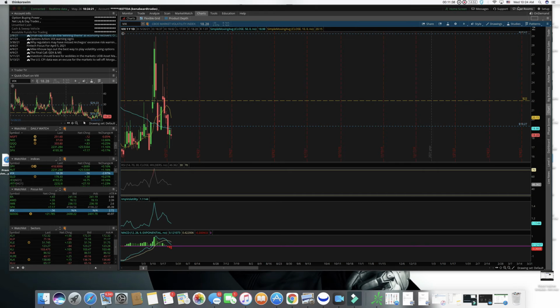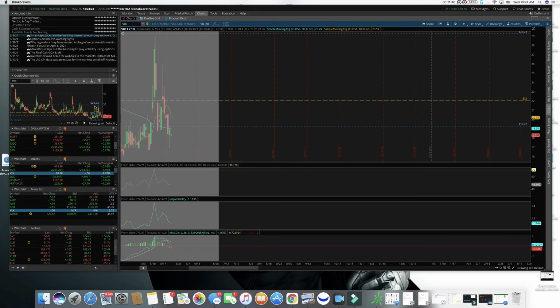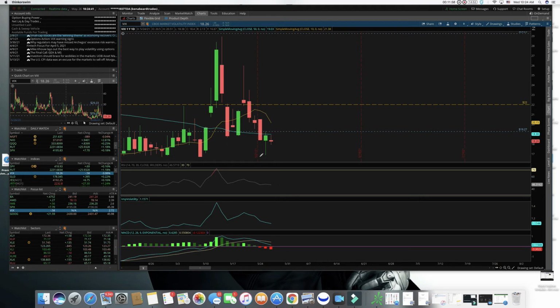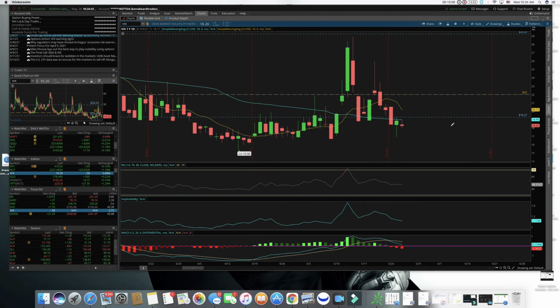But if I come back later and volatility is still looking weak and it's still selling off, well, I may sell some puts on the market here and adjust myself that way. Because like I said, when the volatility index sells off, the market usually is seeing bullishness. So that's all the indexes that I will be going over today.